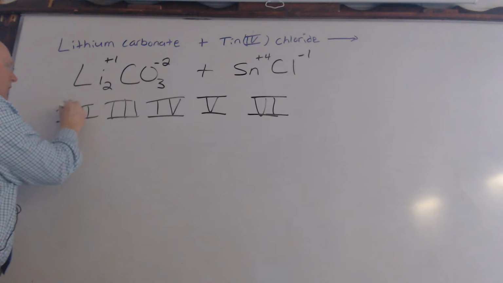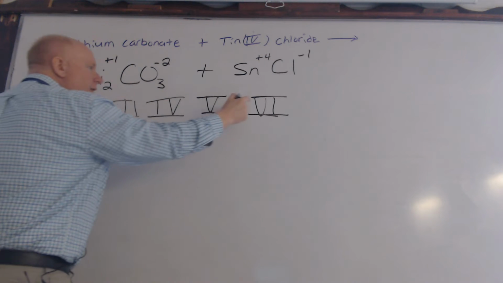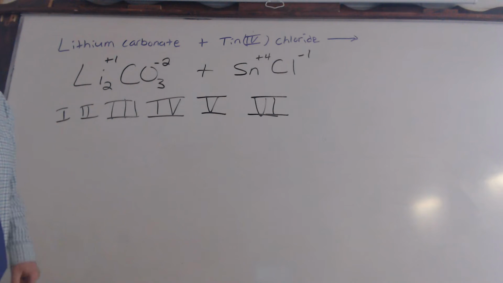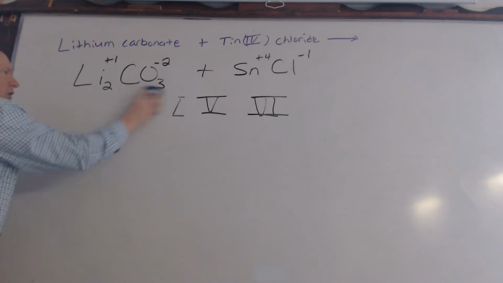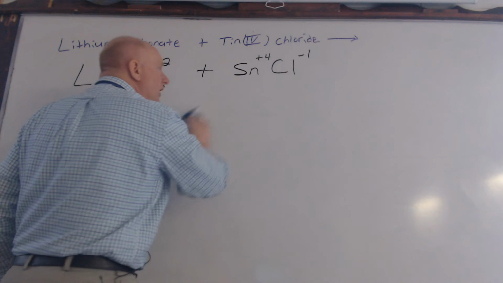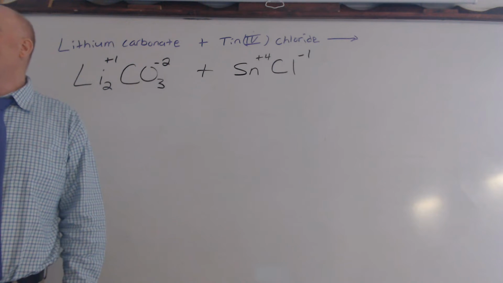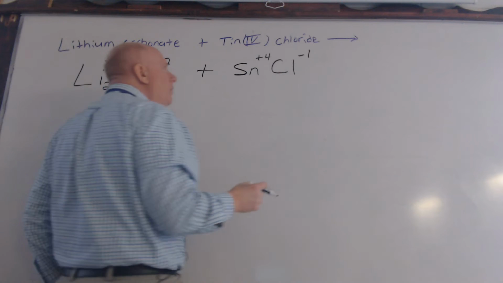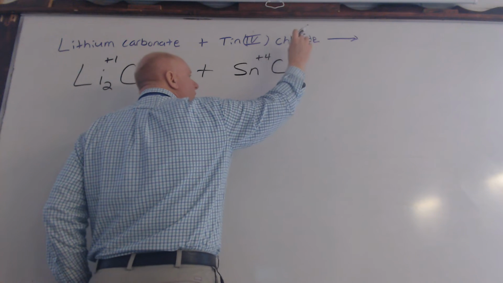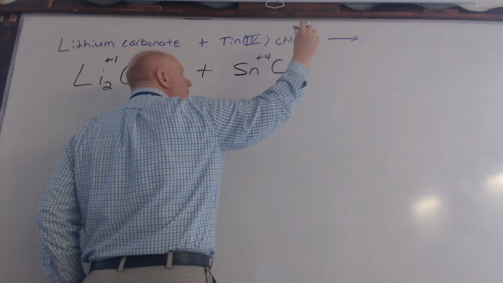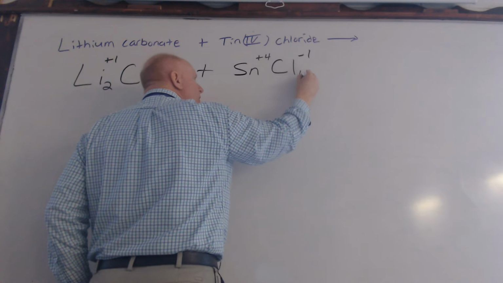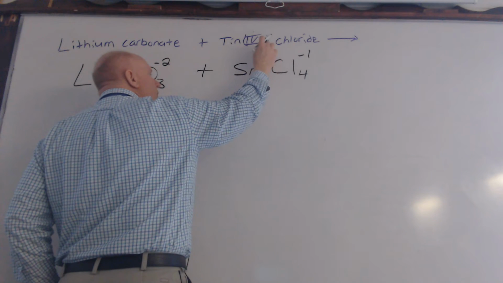So 1, 2, 3, 4, 5, and 6. Those Roman numerals are used to tell you what charge these elements actually have. What's the least common multiple between 1 and 4? 4. Okay, so what is 4 divided by 1? 4. The answer you get tells you what to put down here, and then 4 divided by 4,